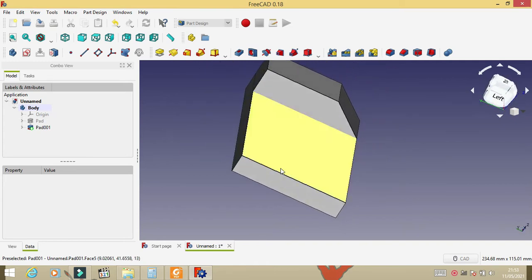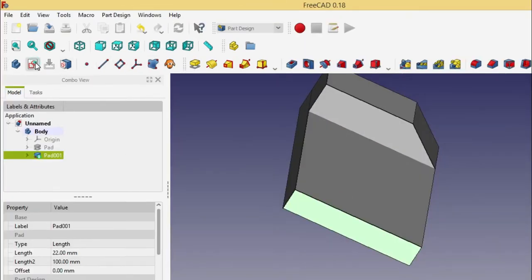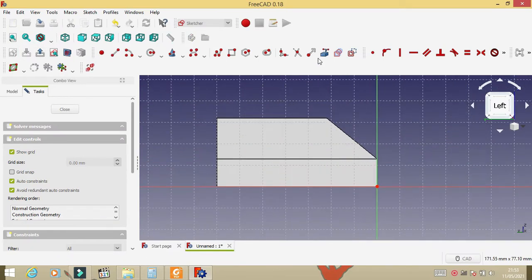and make it in the other side, left side actually.